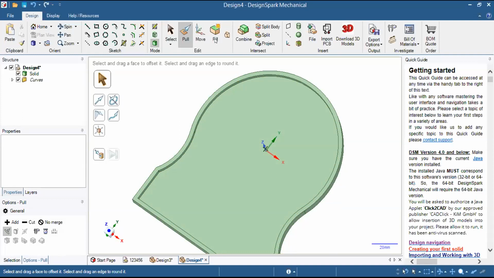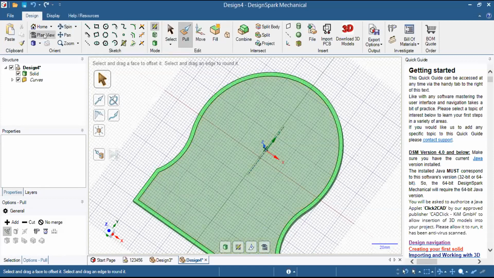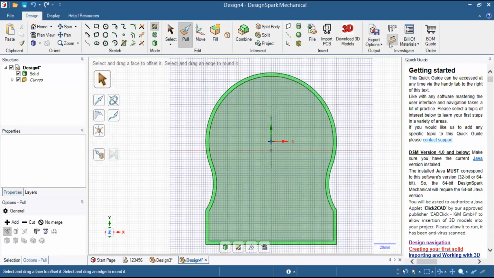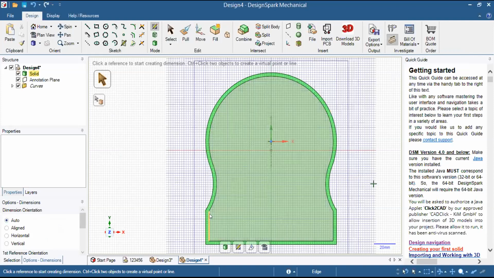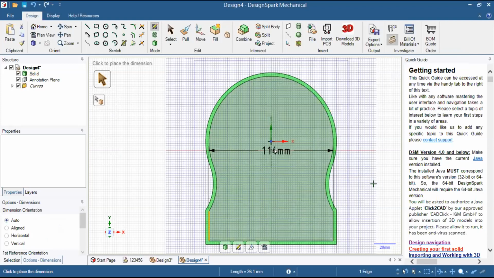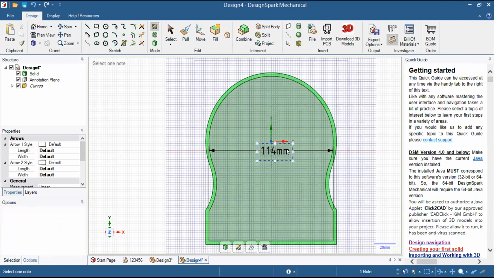For going to text generation, I will click on sketch mode again and will sketch on this and go again to the plane view. Now for doing the text generation, we take the dimension command like this, and I will select 2 lines, and in this way we will replace this dimension.